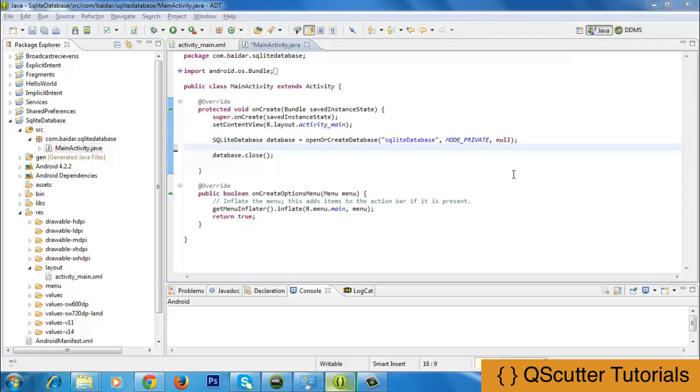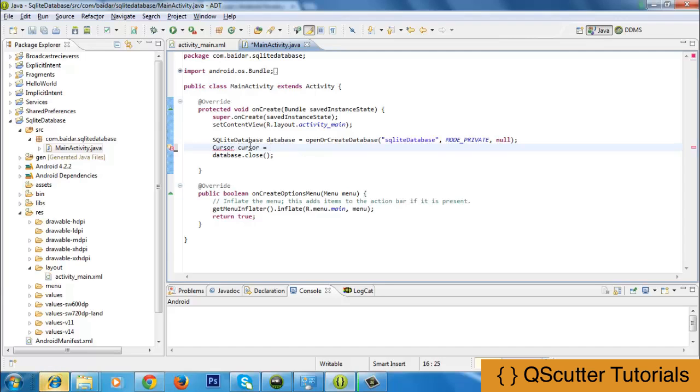After using the SQLite database with the insertion and creation of a table, what we need to do is access that data. So how are we going to access that data? We can access that data using the Cursor class of Android. The Cursor interface provides random read-write access to the database query. So what we're going to have to use is the cursor